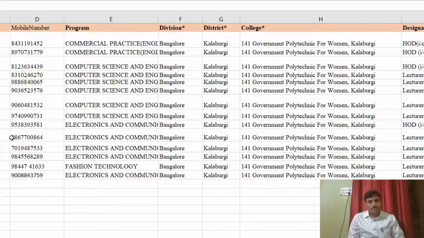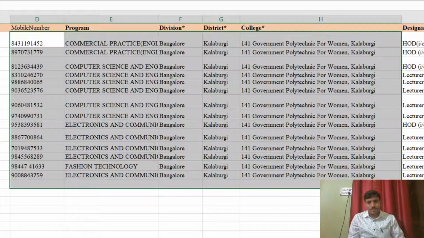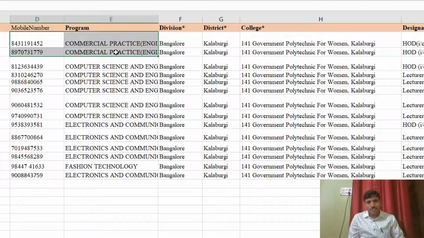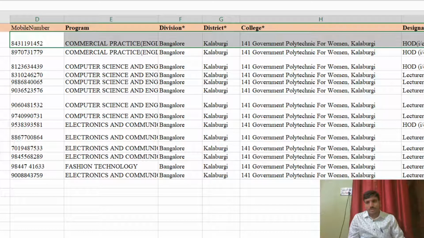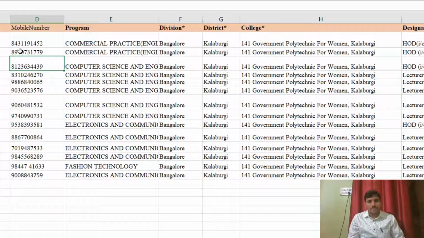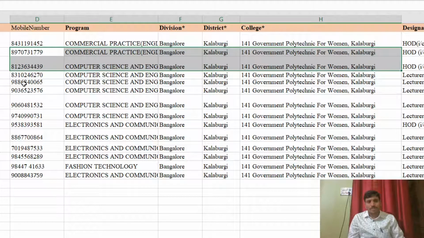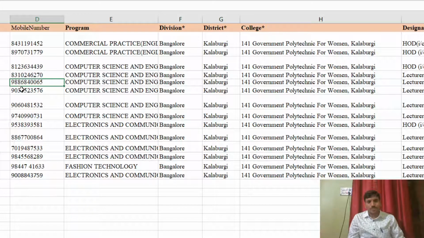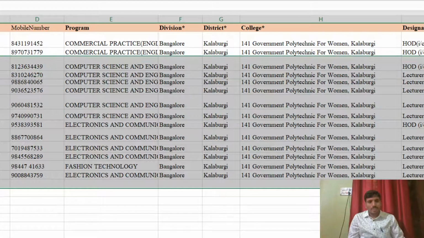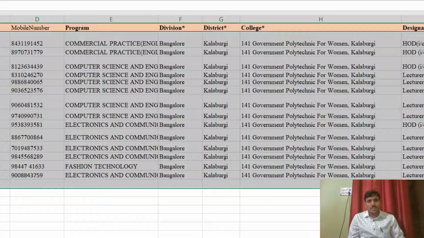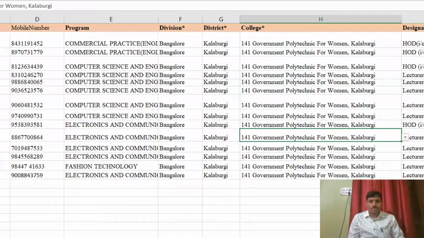Okay, so these are the records, right? So one row I can say it is one record, which is a collection of data, right? And this is the second record, followed by third, fourth, fifth. So totally this file is having many number of records. So this is called a file.